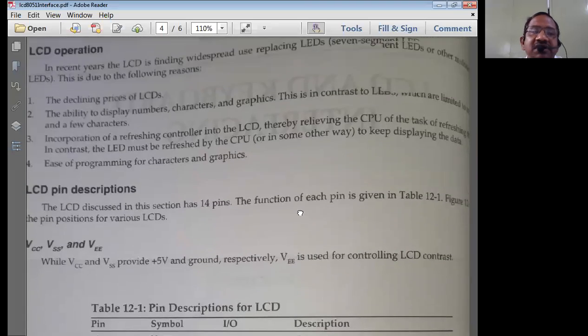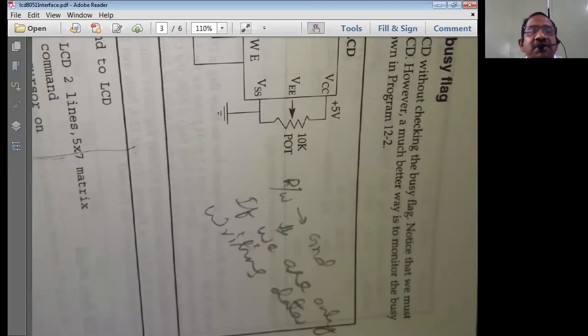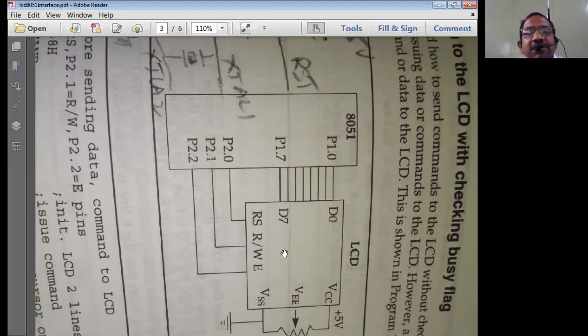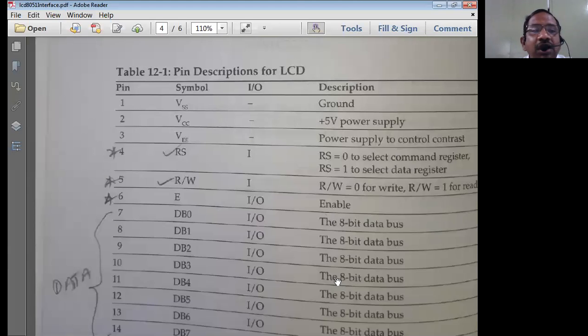Next, you should remember the interfacing: P2.0 is connected to RS, P2.1 is connected to R/W, P2.2 is connected to E, and port 1, 8 pins, are connected to the 8 data pins of the LCD. So this is what you should remember to write your program.